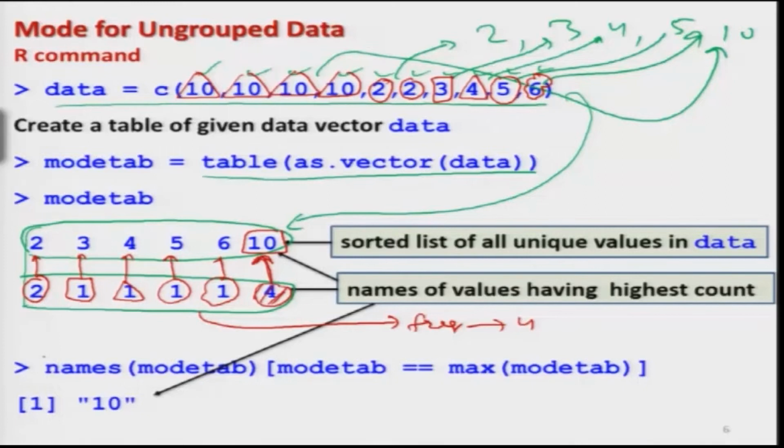So this command here, which is at the second step, tries to extract this value 10 from the first row, and this gives me 10. So this is how you can compute the mode, but definitely I would like to address that this is not the only way out. You can define it in your own way using your own logic also, right.